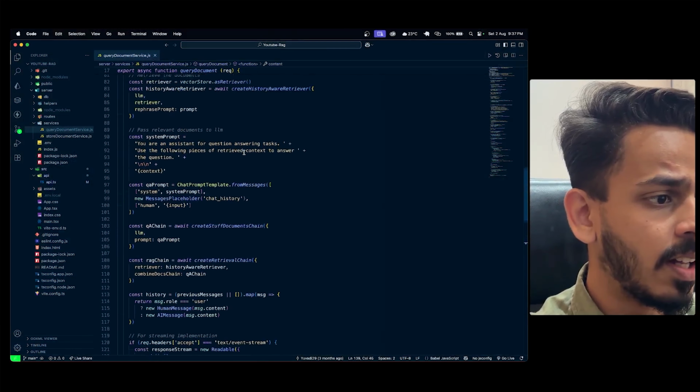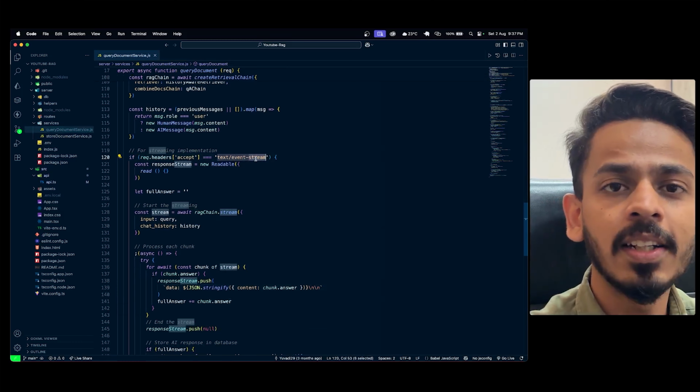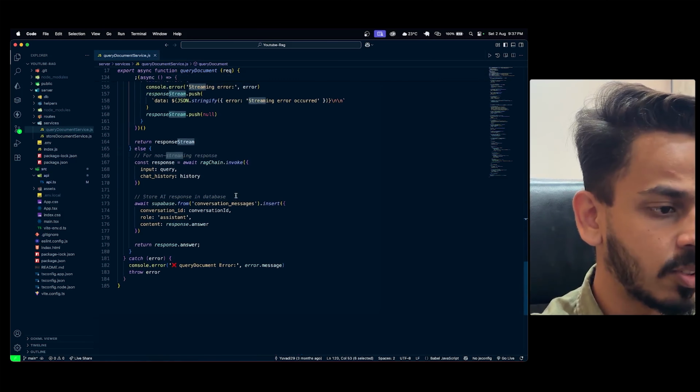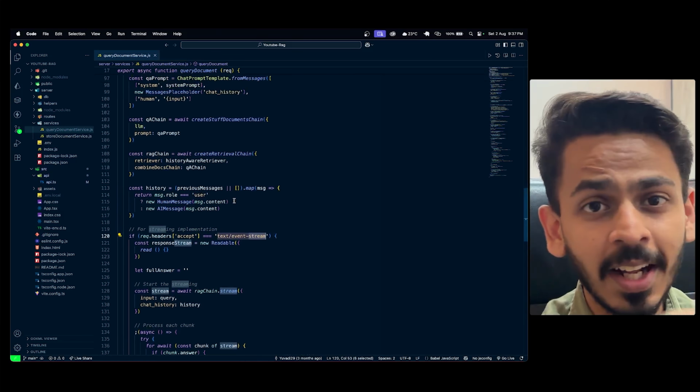So now we had our services, right? It was in the query document service where we actually started up a complete RAG chain where we are getting the response in the RAG manner. Talking about that, we are getting it in the form of an event stream. So we have the entire back end API and back end logic ready. In the front end, I have made some changes. I'll walk you through the changes once so that none of our time gets wasted.